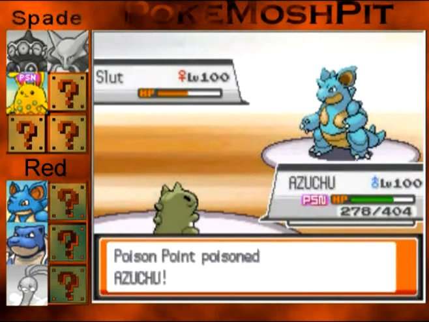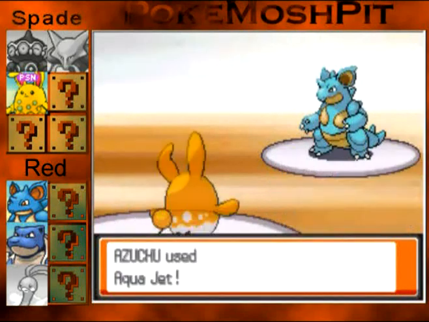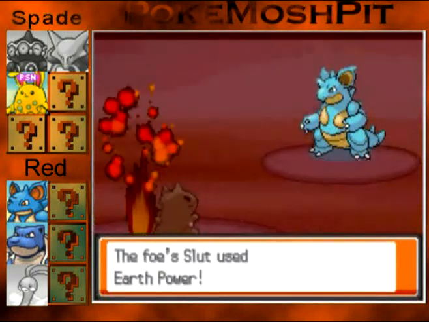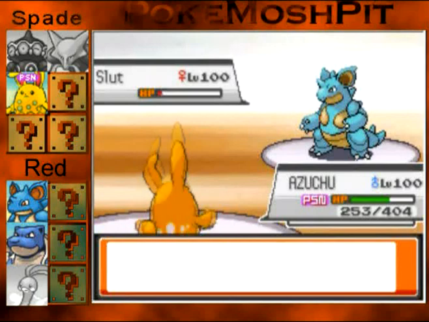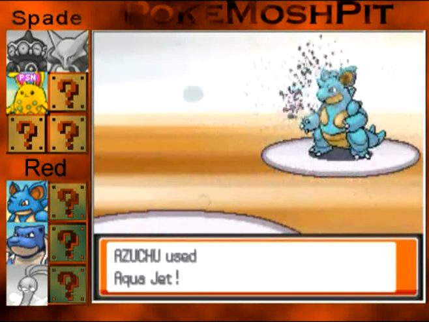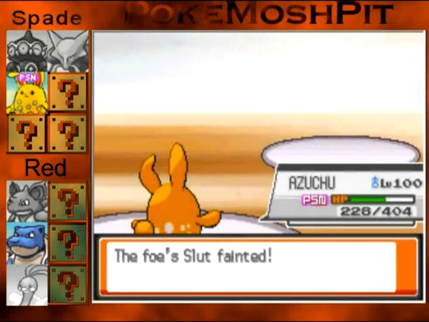But unfortunately for me, I get the Poison Point hax, so that's gonna cripple my ability to make a substitute, because it's gonna wear me down pretty quickly. And I went for Aqua Jet, hoping if I get max damage I might be able to take him out, but I don't. And because I am poisoned, I don't feel like going for sub again, so I'm just gonna finish him off with another Aqua Jet. So down goes the Nidoqueen,